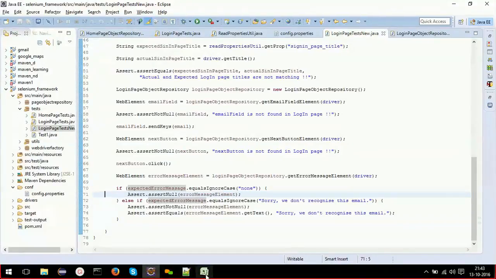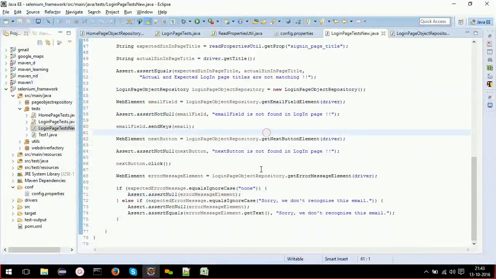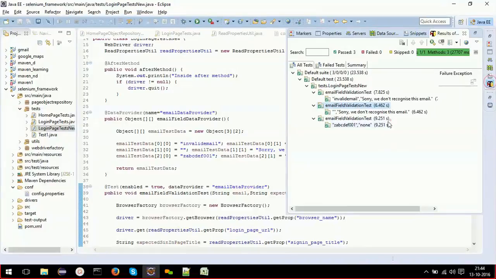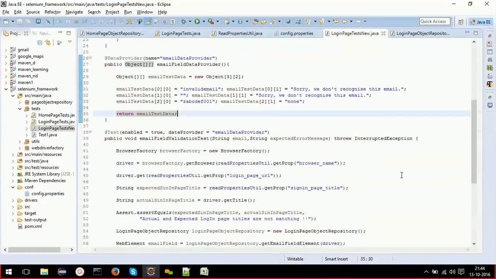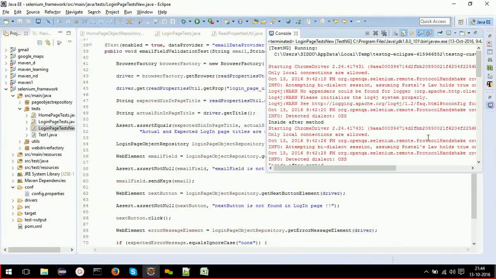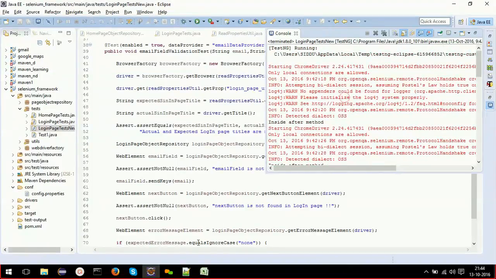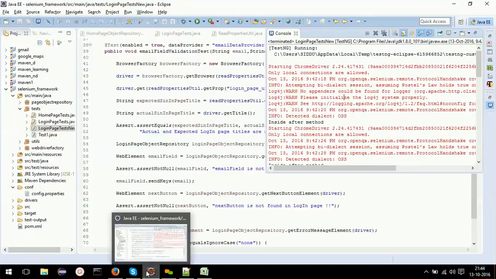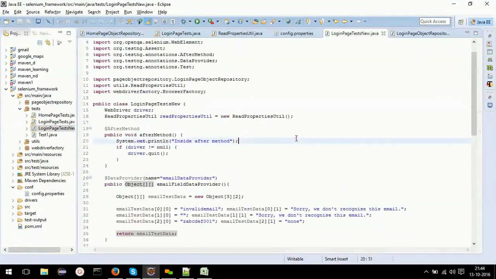Okay, see here. See, it got executed 3 times with 3 different sets of data. If you pass 100 sets of data, the test case will get executed 100 times. Okay, and so far it's clear, right? You understood what happened? I want to listen from all of you, because this is the core of the data driven approach. If you understand this, then you know most of it.